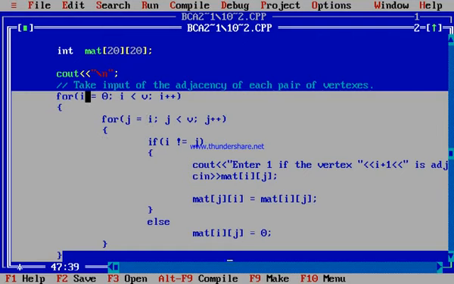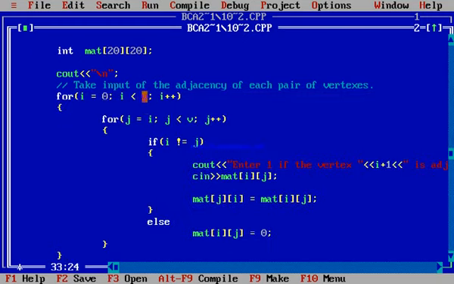The first for loop is from 0 to V. This V is the number of nodes entered by the user, and another for loop is from I to V, because here we check it for the adjacency matrix.